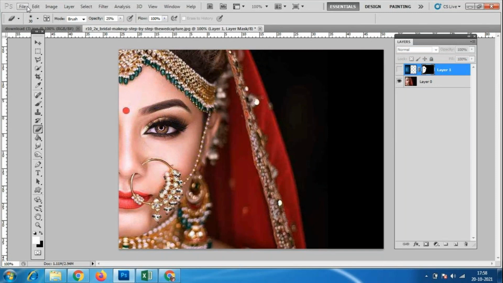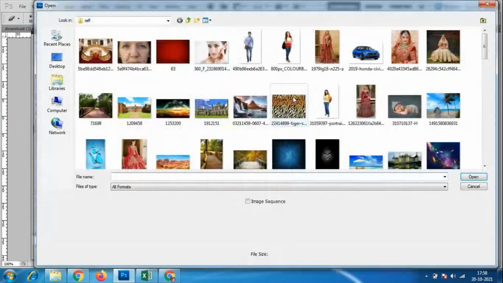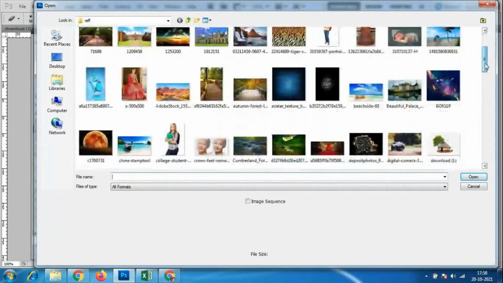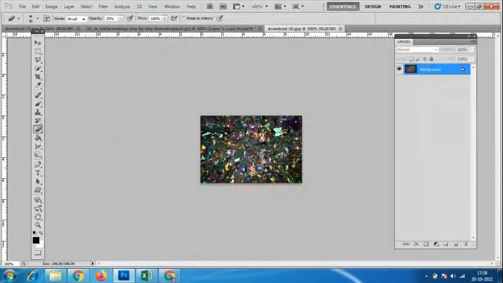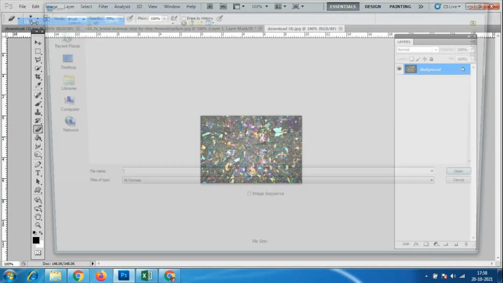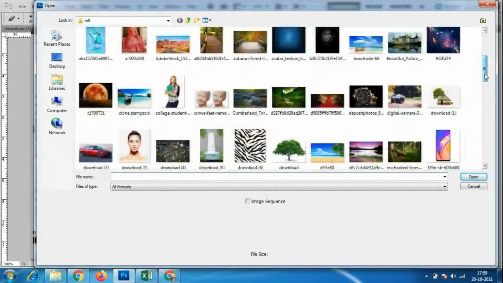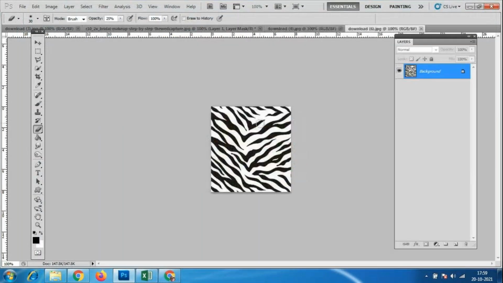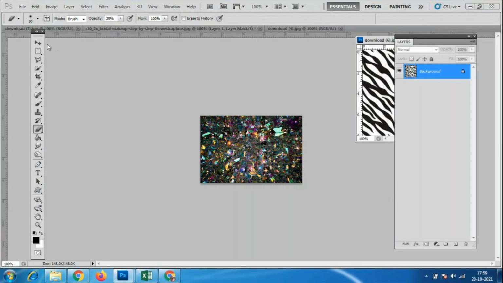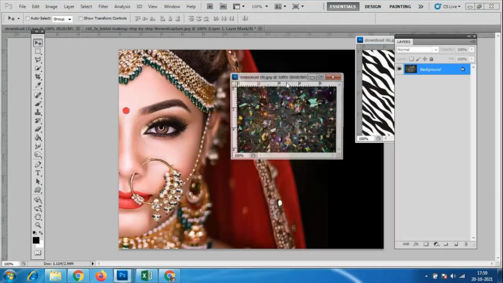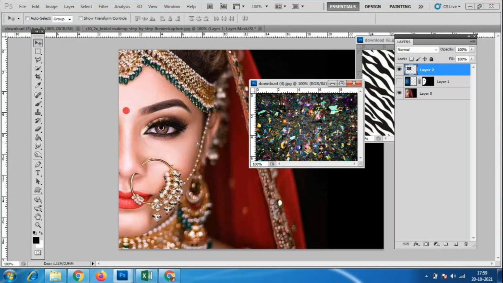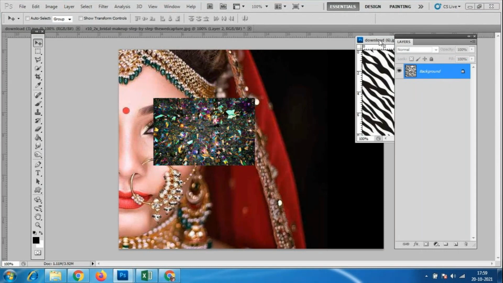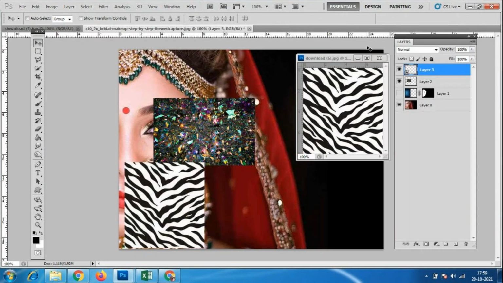For this, I'm adding different textures. Let us see what kind of textures I can add for this. Suppose I have this zebra kind of texture or this sparkle texture. Anything we can add, but it should have very good quality. Okay, so I'll take this one. Here, I'm showing this method once again. Whatever texture you have, you have to drag it and close the file. I have downloaded some of the textures. You have to drag it and download.